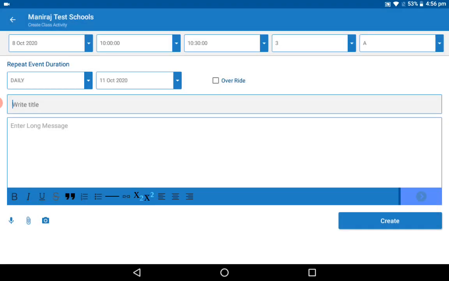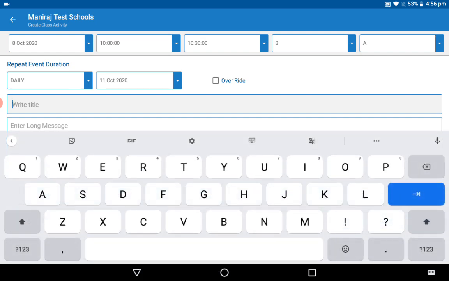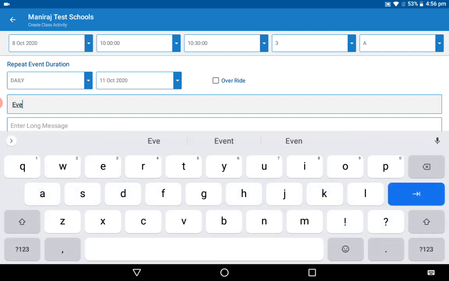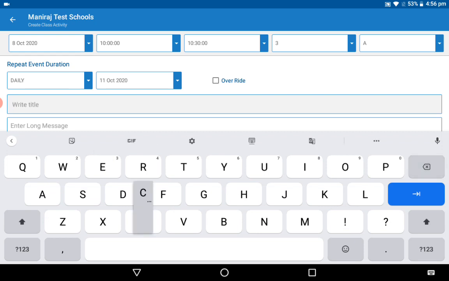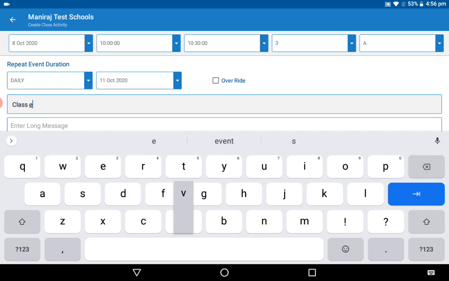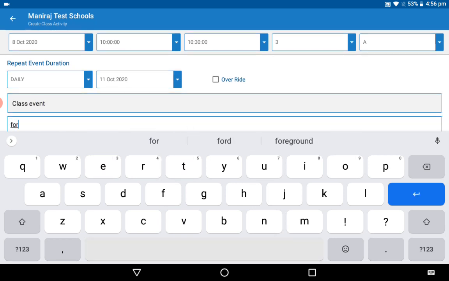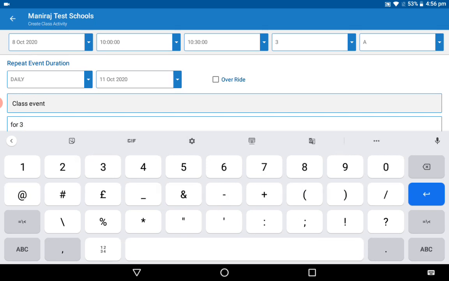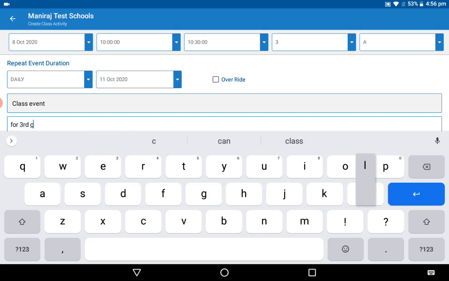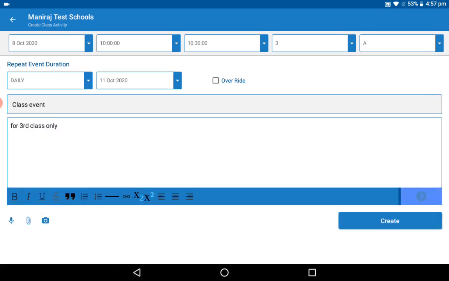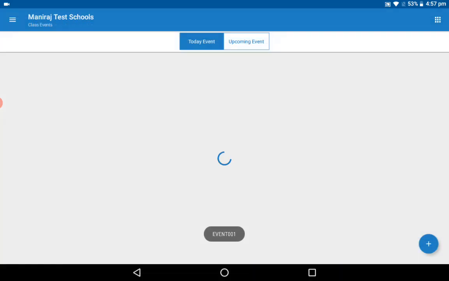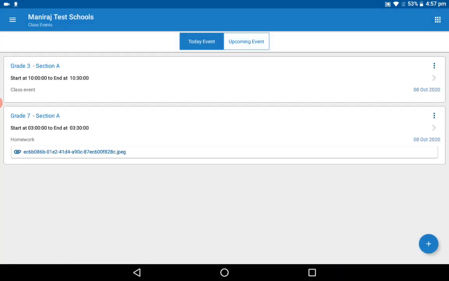Okay, and now here you can write the title like class event, and here for third class only. You can write whatever you want in that, and here you can see the create button. Click on create so that the event has been created for a repeated 4 days, and here you can